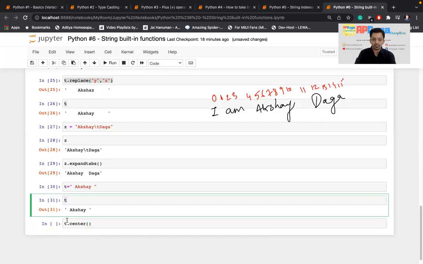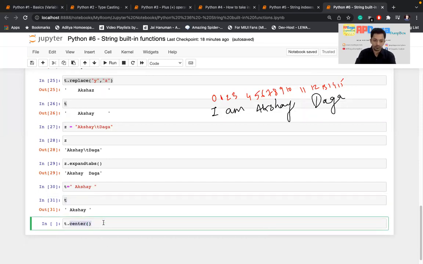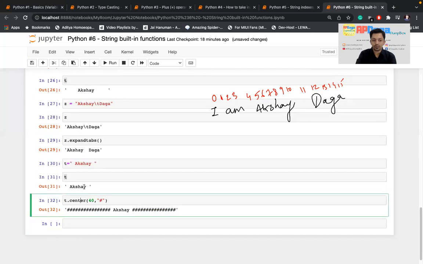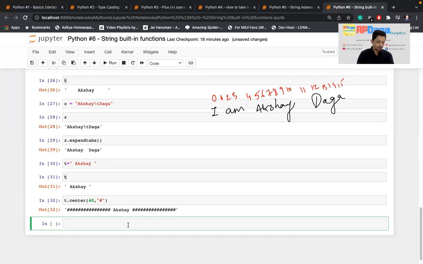I'm using the t string and applying the function center. The total final length of the string should be 40, and whatever are the blank spaces, just place a hash there. See, now the length is 40. The original string is kept at the center as it is, space Akshay space, and the hash is placed in the remaining spaces. So that is the center function.